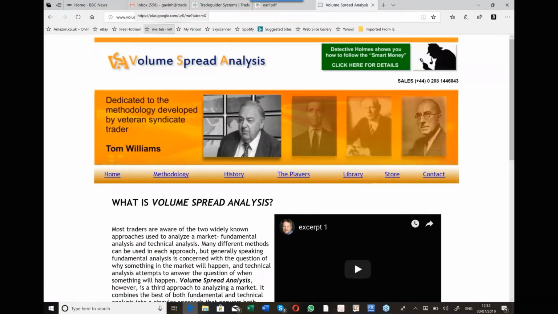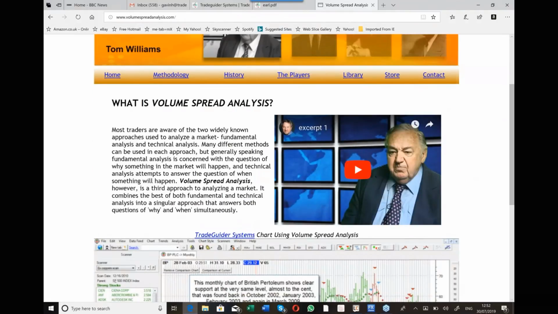And what I'd like to do is introduce you, for those of you that are new, and there are hundreds of you here that are new, to the man that taught me to trade and invest and to figure out how the markets truly work. And his name, he's passed away now, it's Tom George Williams. And I was with him as he passed. And he gave us, and I say us as a family, because in effect that's what we are here at Trade Guider and VSA. We're a family of people that help each other to understand the markets.